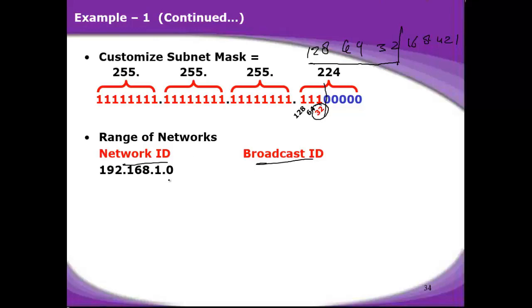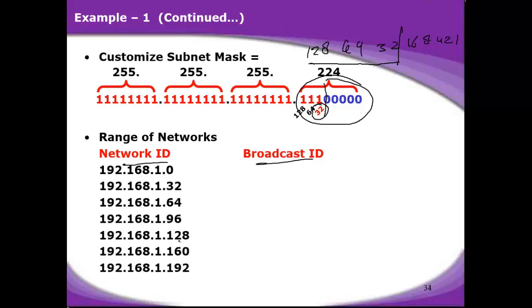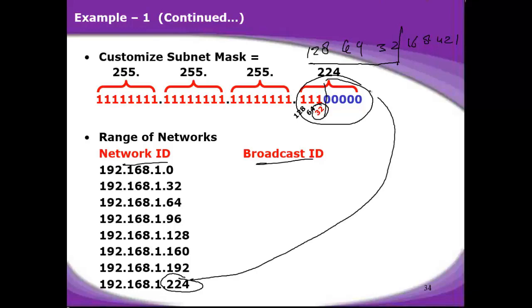That is going to give you the next subnet ID, and it needs to be added in the 4th octet, because your interesting octet is the 4th octet in the subnet mask. So you will add this 32 in the 4th octet. This is the next network ID, and this way you will keep on adding 32. If you want to cross-check, this number is the same as your subnet mask. So these are the 8 subnets you are going to have by this customized subnet mask.